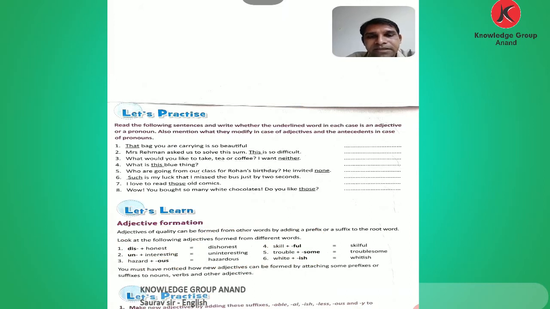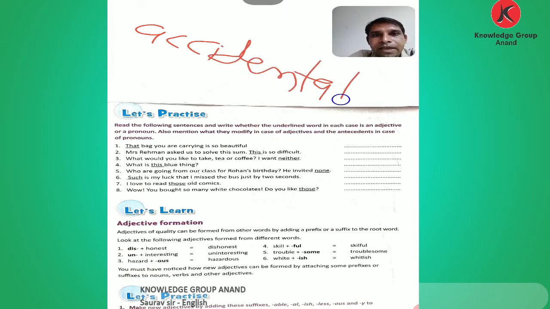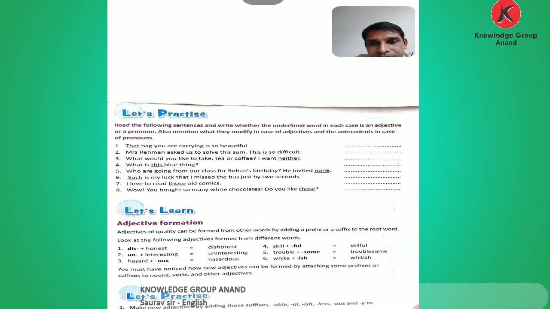Now accident is the word, and we add only AL. Accidental is the adjective. Now storm. Storm is given, you add only Y, and the adjective formed is stormy. Meaning: so what do you add? Only this one, LESS. Meaningless. Danger is given, so you use OUS: dangerous. That is the adjective.